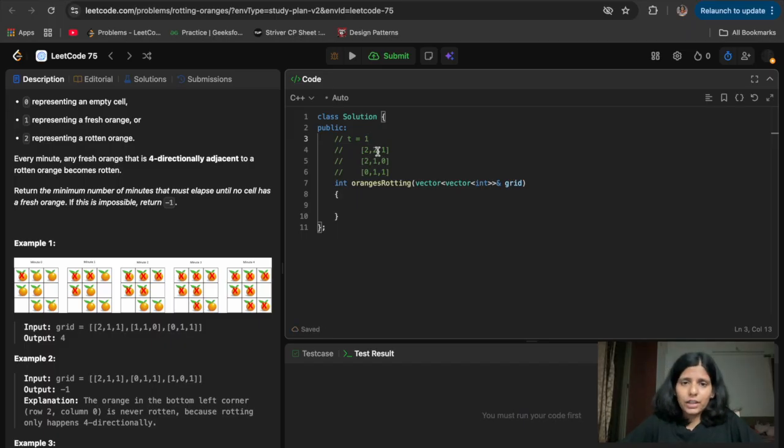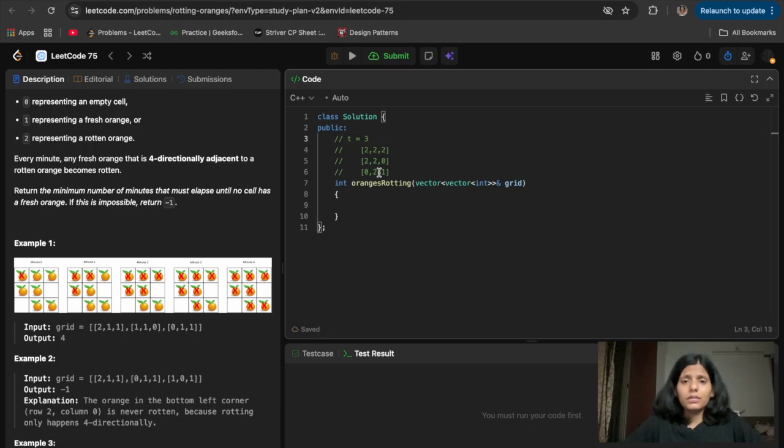In the next minute, whichever turned into 2 first will start the rotting process, and then this will get rotten, then this will get rotten. Then we pop this and see that it is already rotten, and this is a space, so we can't rot a space, since it is not a fresh orange. We skip this, and now we take this 2 and see we have this one which can get rotten, at t equals 2. This one was t equals 1, this one was 2, and now this one is 3.